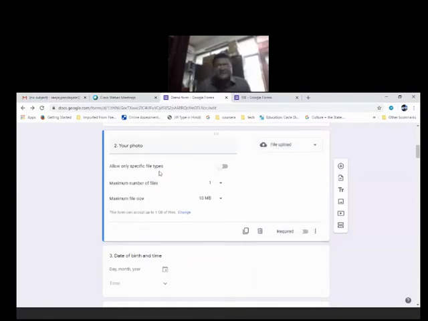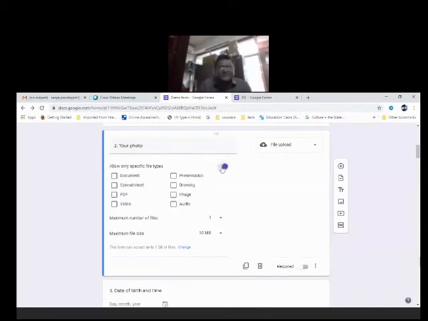Allow only specific file types. Suppose you are running short of space, then you can go for this one: document, spreadsheet, PDF, video, or whatever. I want just image, so I will click on image only.